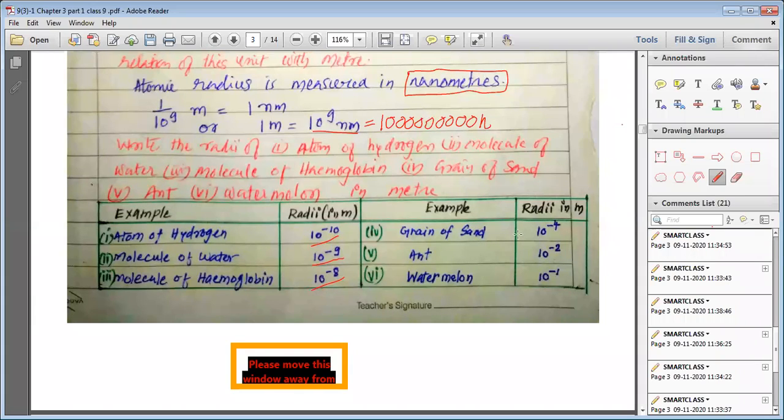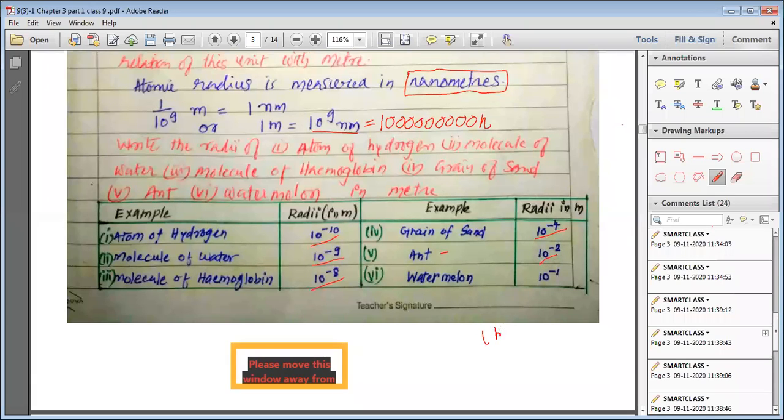Grain of sand, ये जो मिट्टी का कण होता है, grain of sand has got the radius 10 to the power minus 4 meter. एंट, चीटी, the radius of ant is 10 to the power minus 2 meter. मतलब 1 मीटर को we will divide into 100 parts. So it is 1 by 100 meter. And watermelon जो होता है,